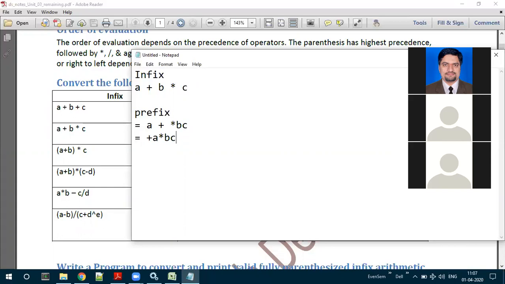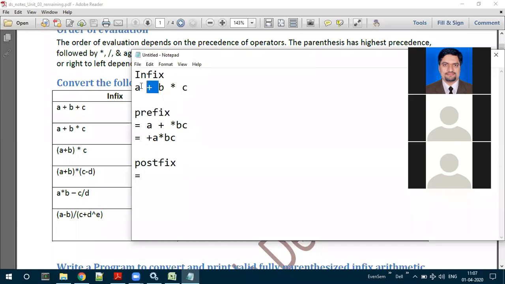Okay, now similarly, we will convert the given infix into a postfix expression. This is our given expression which is in the form of infix. We have to convert it into postfix. Now again in the postfix, what has to be done? First, we need to write the operands and then the operator. Again here we have two operations, that is plus and multiplication. Among these, which has got the highest precedence? Multiplication. So B into C has to be solved first.